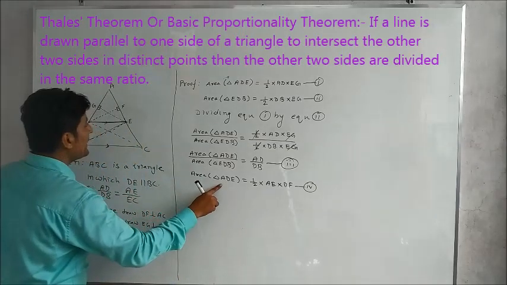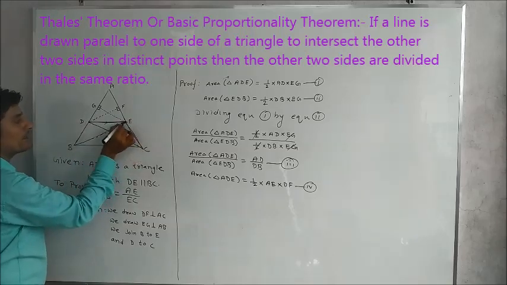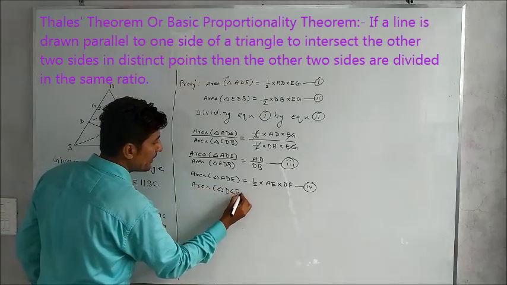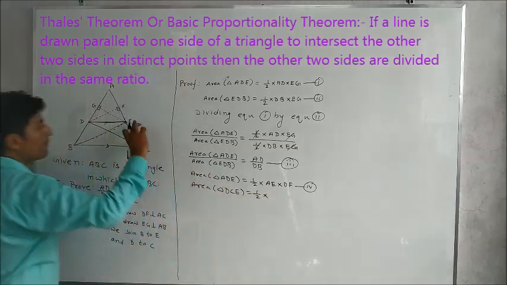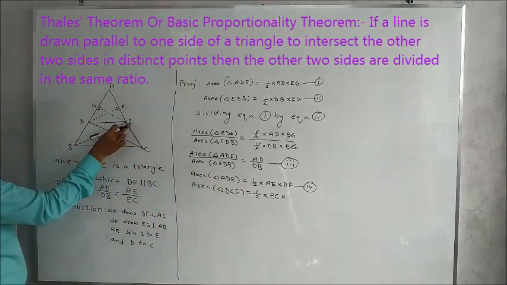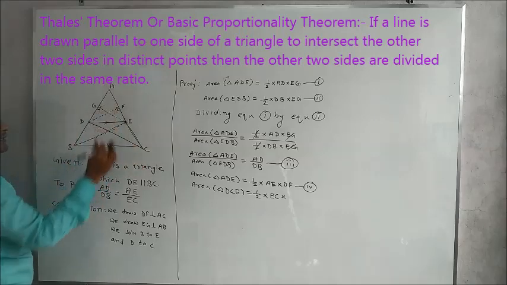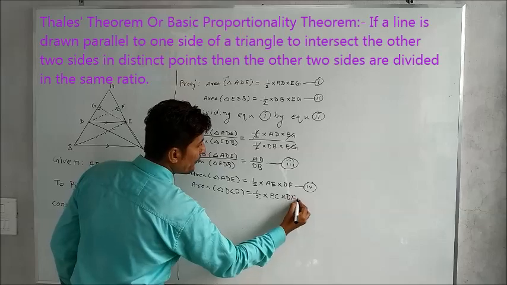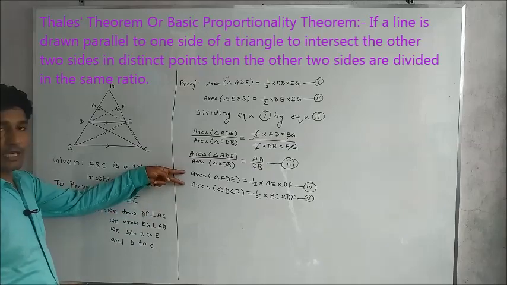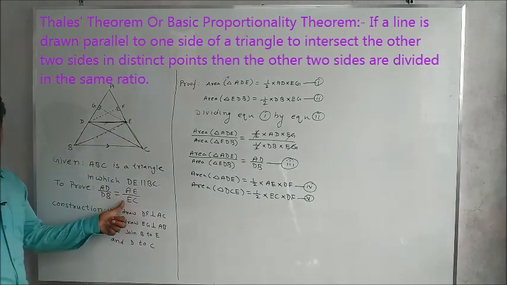After finding the area of triangle ADE, we have to find the area of triangle DEC. This triangle DEC. So area of triangle DCE will be equal to 1 upon 2 into base EC multiplied by the perpendicular height on EC, which will be equal to DF, because CE is extended to A, so the height will be taken as DF. This can be equation number 5. After getting equation 4 and 5, we have to divide both the equations. If we divide both, we will get AE upon EC.